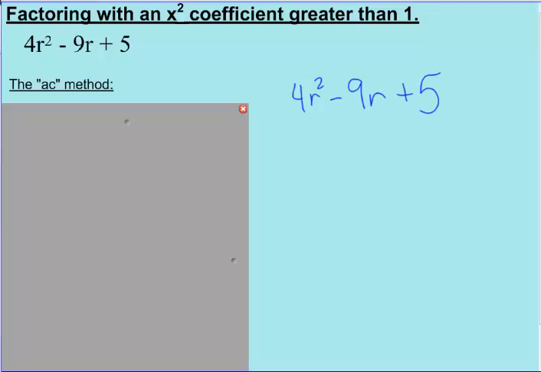So we're going to factor this. Note, there's a number other than 1 in front of the r squared. Okay, we have a 4 in front of the r squared. How do we factor those? Now, in your textbook,